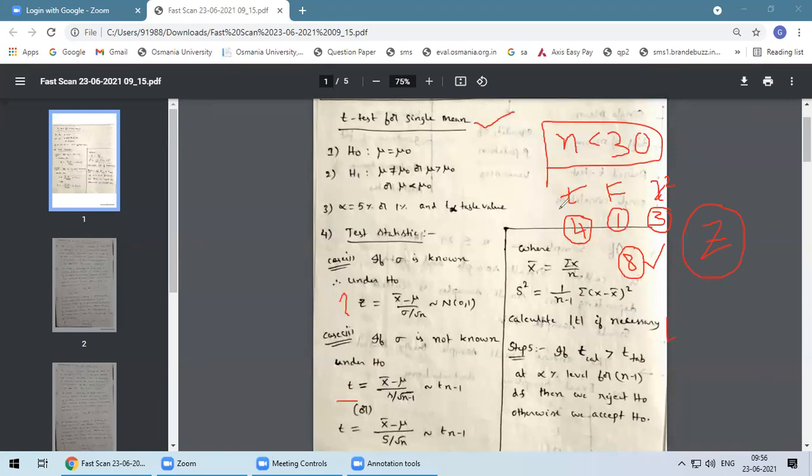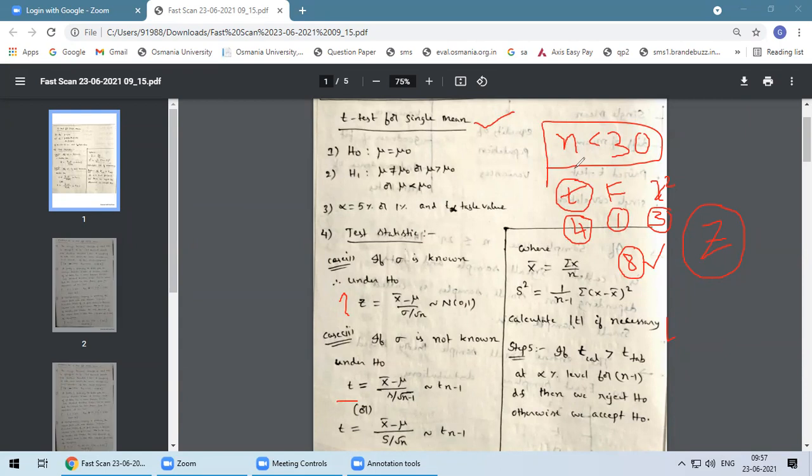In large sample tests, table values are given only for 1% and 5%, and those are fixed values. But in small samples, table values will be different. If you are using the t-test, you have to see the t table values. If you are using the F-test, you have to see the F table values. If you are using the chi-square test, you have to see the chi-square table values. That is the reason I forwarded the t table values to you today. In the examination, small sample test table values will be given to you in the practical examination. If it is not given, you are allowed to bring that copy.